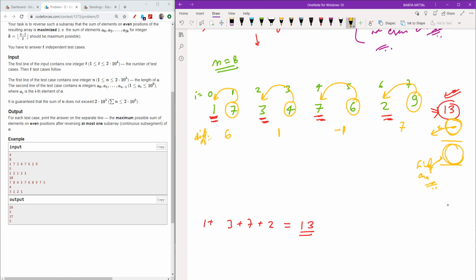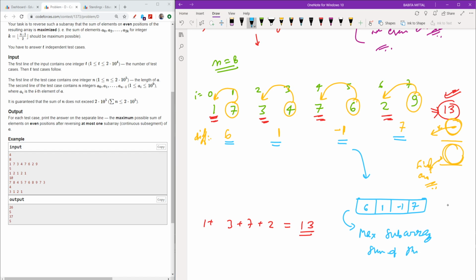7 as a difference. So if you remember Kadane's algorithm, let it be a new array, which is 6, 1, minus 1, 7. And what we have to find is the maximum subarray sum of this new array.